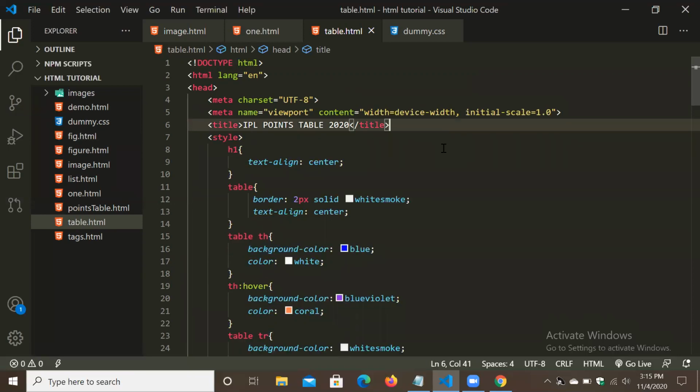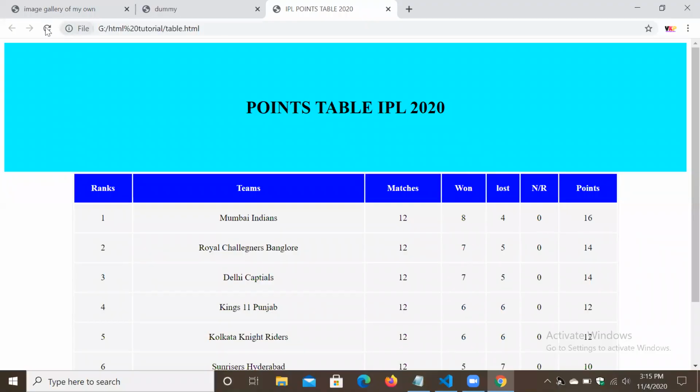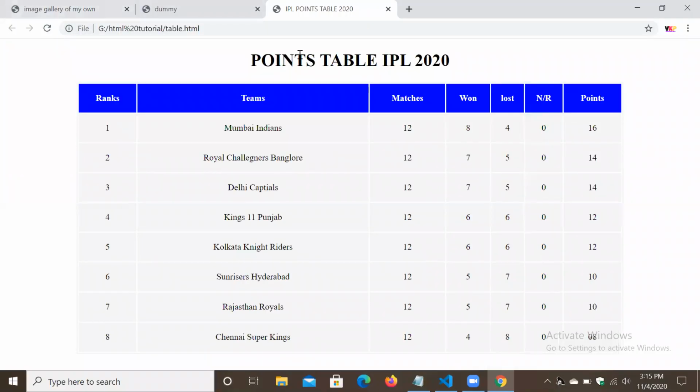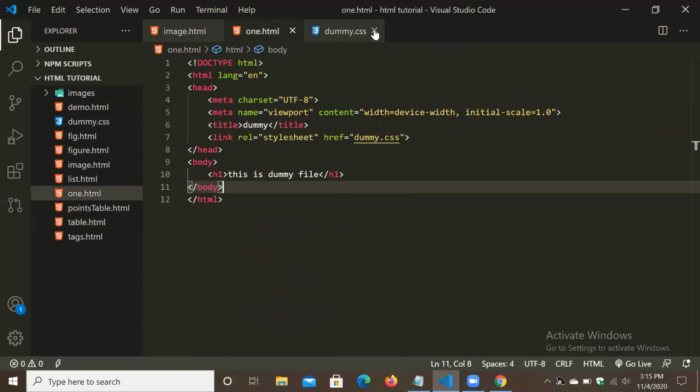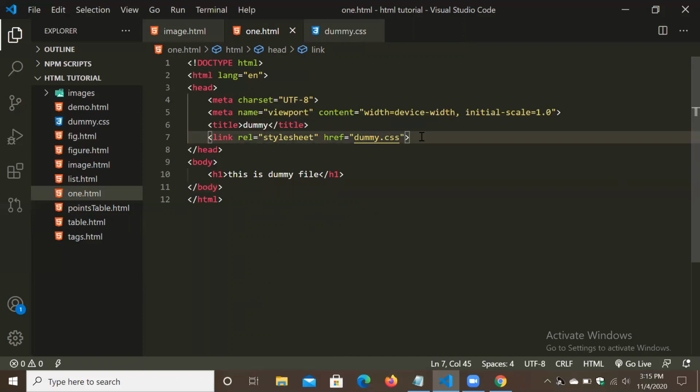So refresh and just move. Next thing, we have to close this tables file. So we have seen link rel stylesheet, and we can add a favicon also in our file. But we need a small size logo for that. Currently, next thing what we have to see is that